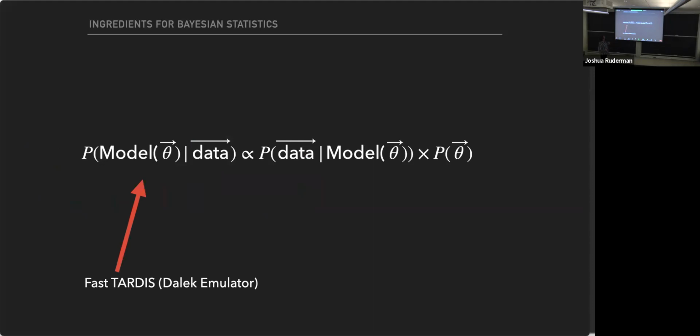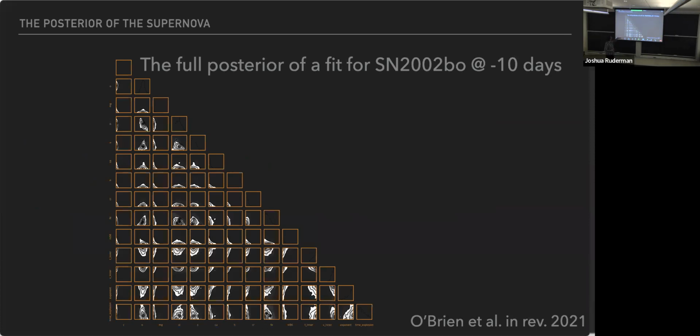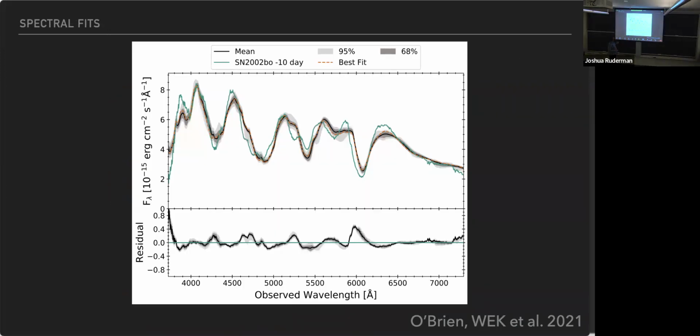Sampling, we use the fast TARDIS, the Dalek emulator, the likelihood, as I said, and then the priors came from the Hasmo models. And so what comes out is this wonderful, and I don't expect you to read the labels, this wonderful big space in 14 dimensions. One of the cool things you can now do is go here and say, this is a likely area, but I think what is much more interesting is to say, this is an unlikely area. I think the unlikely areas are much more interesting than the likely areas. And you can rule certain models out.